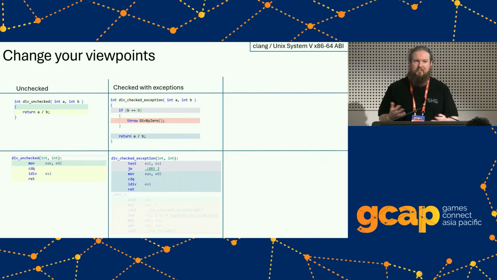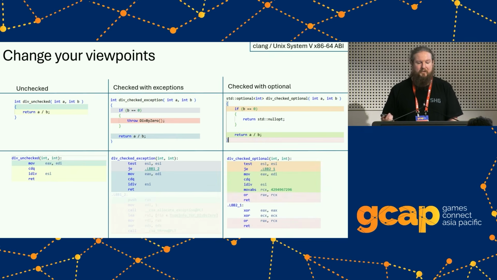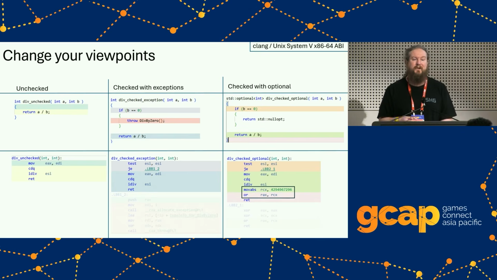But if we're comparing exceptions, we need something to compare against. So let's compare it against using std::optional. Here we've got the same thing. If it was 0, we instead return a nullopt, which is an optional that's got nothing inside of it. And if we look at the code for it, we can do the same thing and exclude the bad case. It looks like it's got a few more instructions than the exception one. It's got particularly this movabs, then an or. That's because the optional actually has to store extra state to indicate whether it's successful or not, where the exception has a completely separate path.